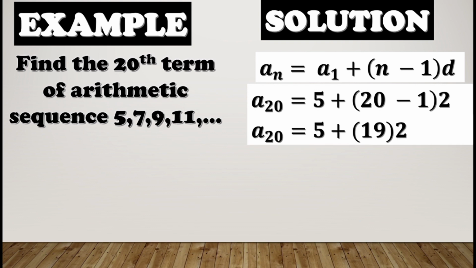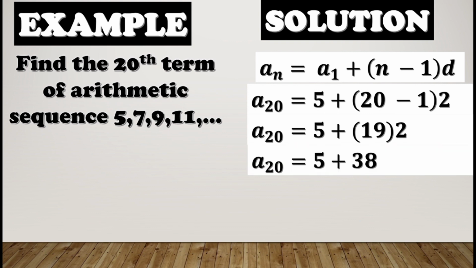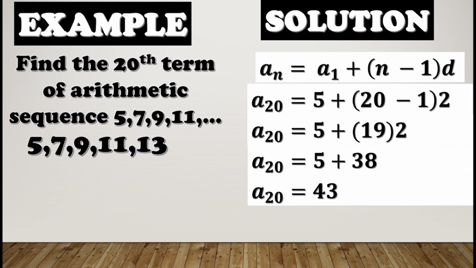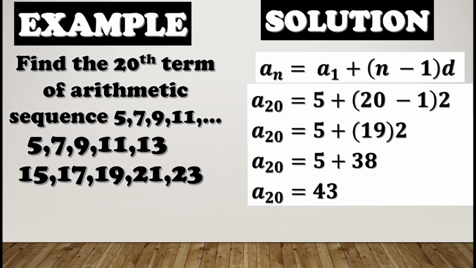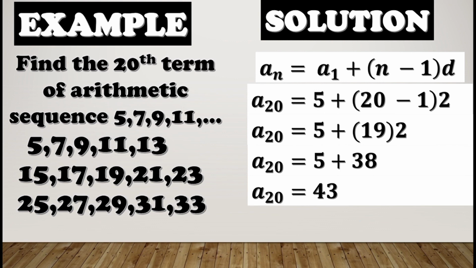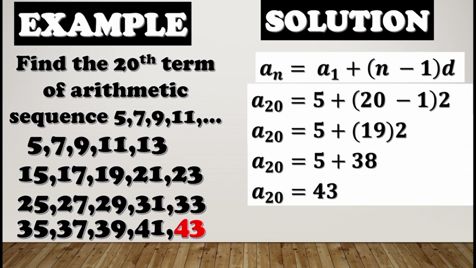Simplify. A sub 20 is equal to 5 plus 19 times 2. Then, 19 times 2, that is 38. The sum of 38 and 5 is 43. Therefore, the 20th term of our arithmetic sequence is 43. If we are to write these terms to prove if our answer is correct, this must be 5, 7, 9, 11, 13, 15, 17, 19, 21, 23, 25, 27, 29, 31, 33, 35, 37, 39, 41, and the 20th term